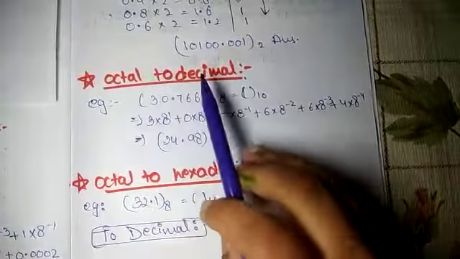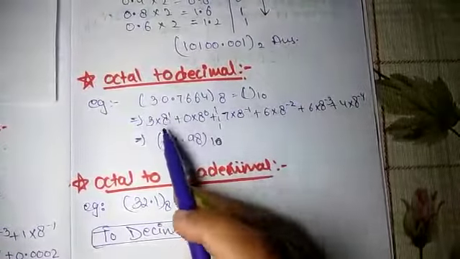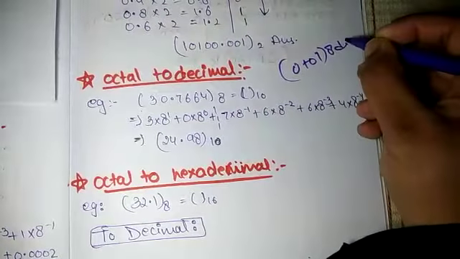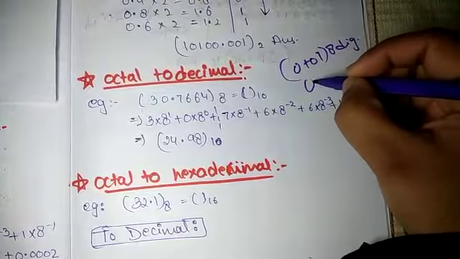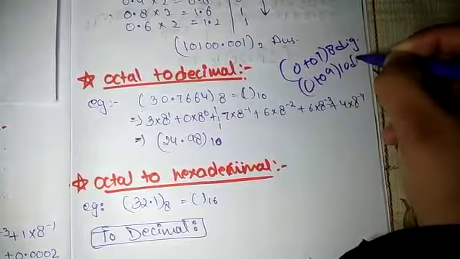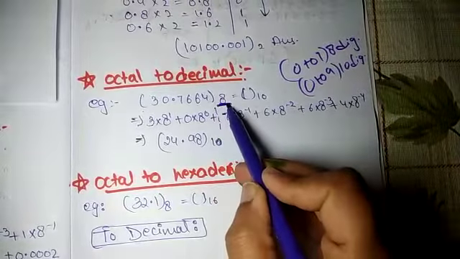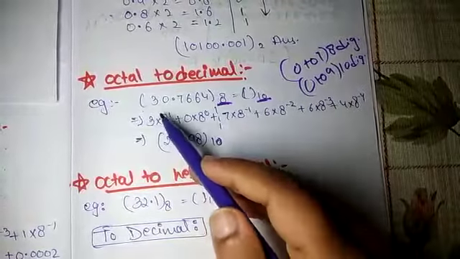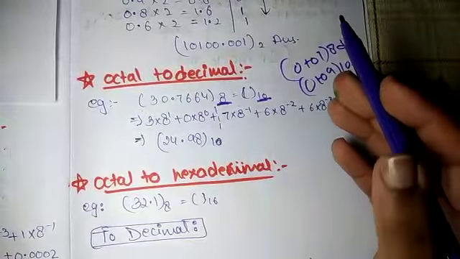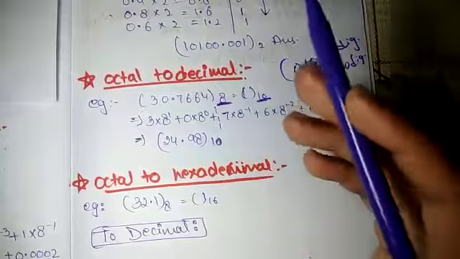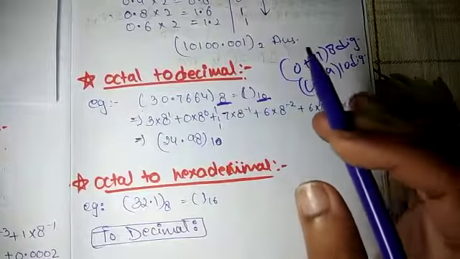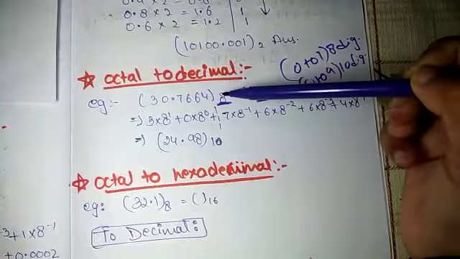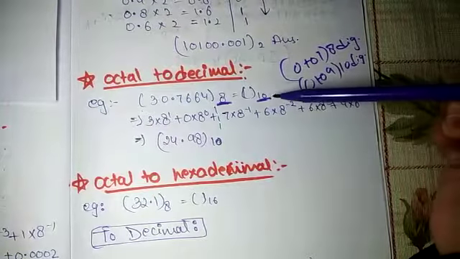So to understand the octal to decimal conversion, we are having a question. Octal means having 8 digits, 0 to 7, and for decimal we are having 0 to 9, 10 digits, right? So we are converting a base 8 value to a base 10 value. How can we do that? We can do it in a similar manner to what we did in the previous videos on decimal to any type of conversion, either binary, hexadecimal or octal. So taking the question 30.7664, with a base of 8, we have to convert it to base 10.